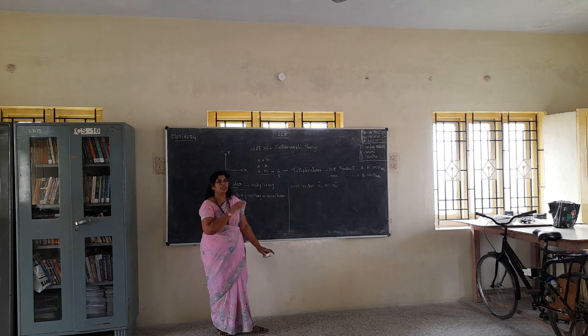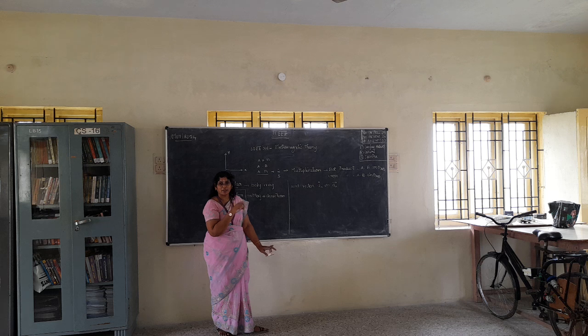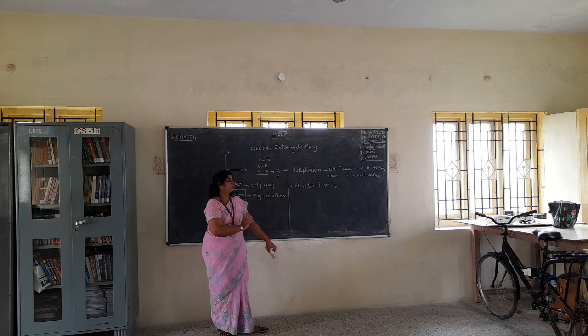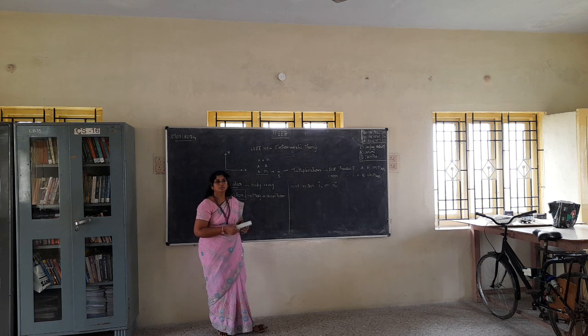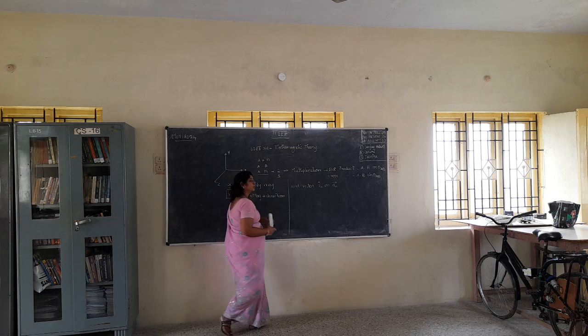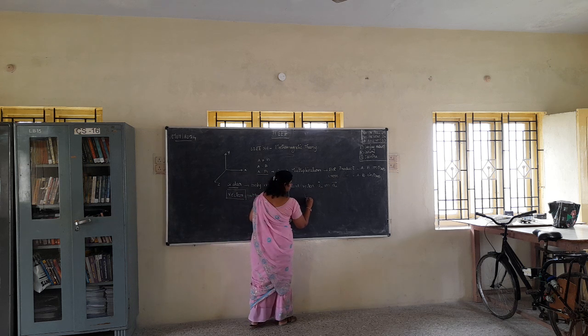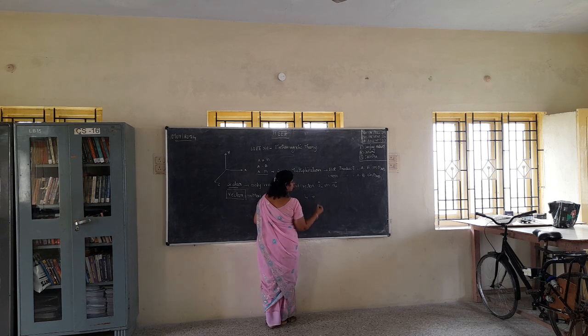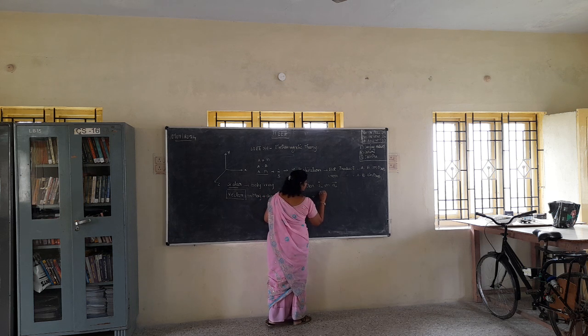Directions are indicated by it, so it will be represented as an arrow mark or cap. Usually your unit vector formula is, if you are taking A as a vector, divided by the modulus of